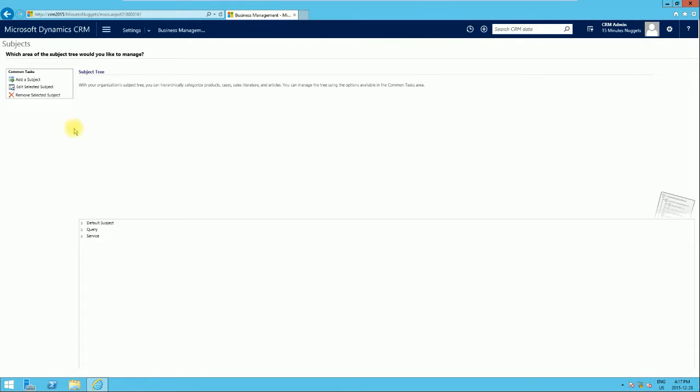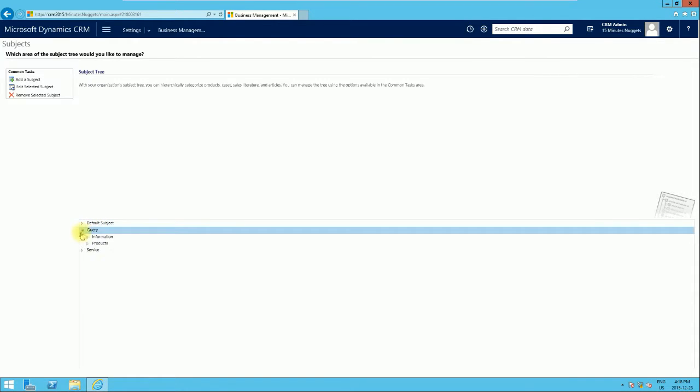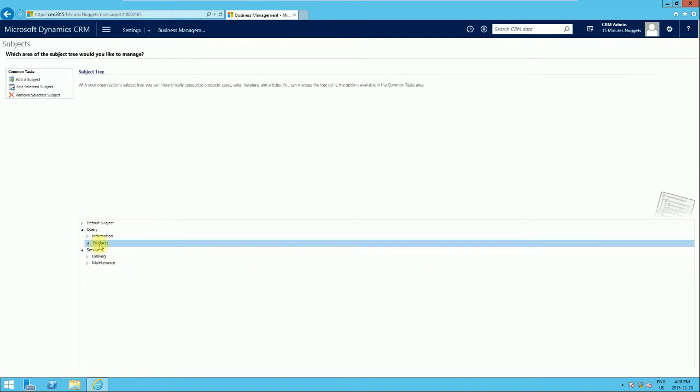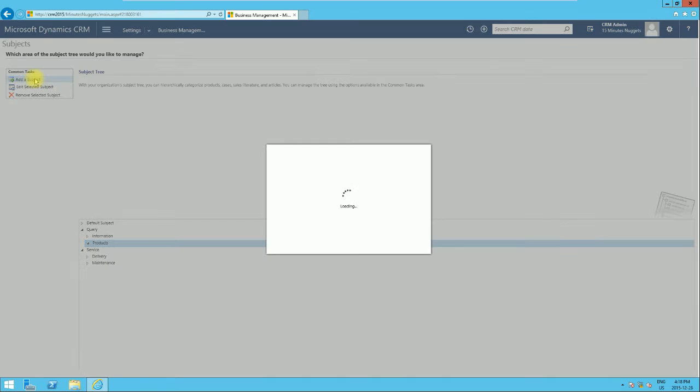So at this point, you see that this is what we saw the other time, when we were trying to change the subject. So we have the default subject query and service identified. Drill down, you see everything here. So I can just create a sub node here. Add a subject. So I'm going to say under the parent subject product, I'm going to say product category cat A,